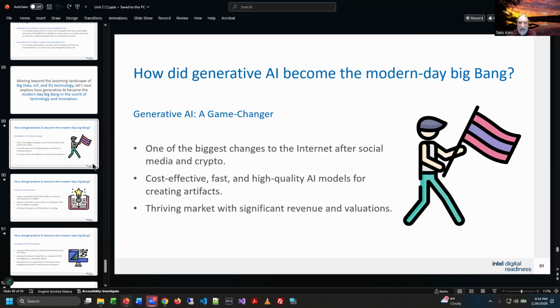One of the biggest changes to the internet after social media and crypto has been AI. Now you jump onto your browser, and I'll have you think about this, and you do a Google search, and now we all get AI search results. So we don't even scroll down and look at the search results anymore. We just read what the AI gives us and go, oh, it says right here, it's this. So I don't even need to click on the link and go to the web page. That's great, unless you're the website owner who was hoping to get the clicks so people will come to your website and buy your products. Now that person's not making a sale, right? So kind of an interesting thought.